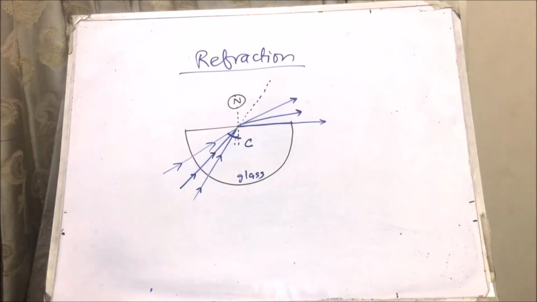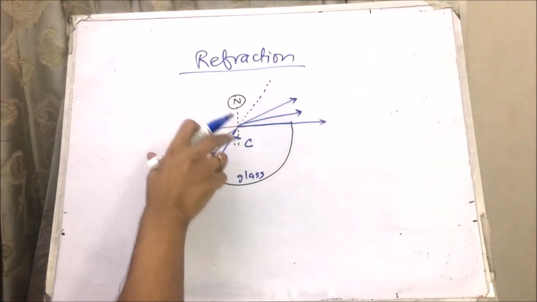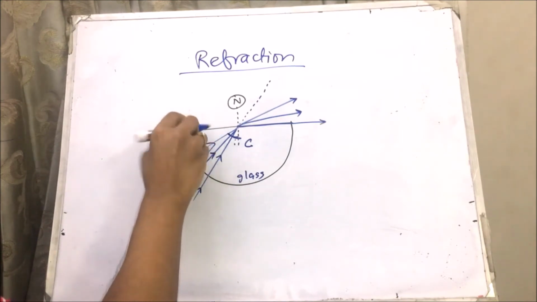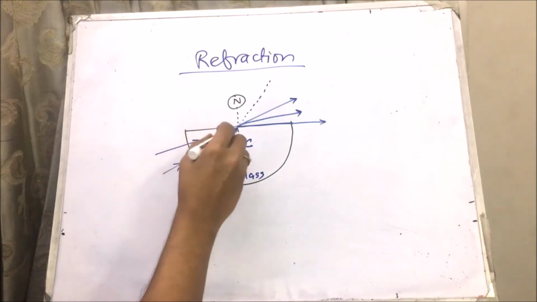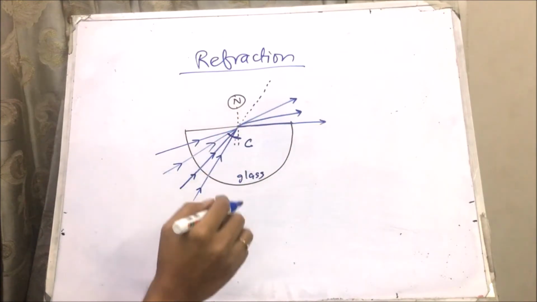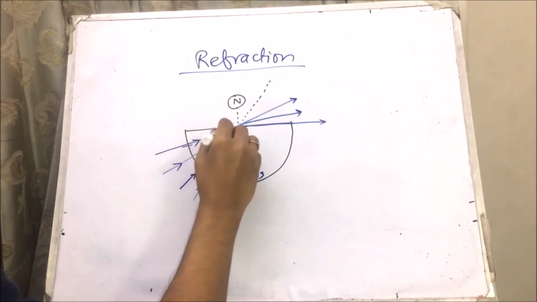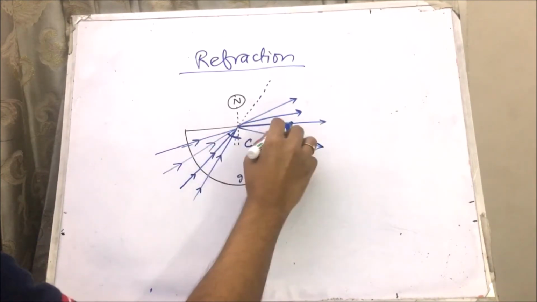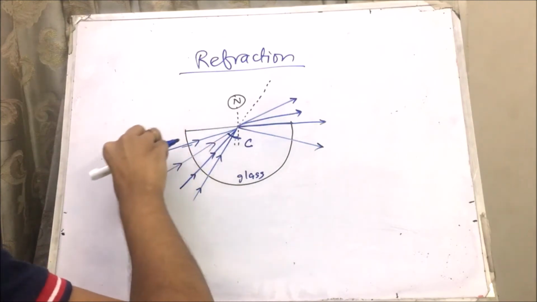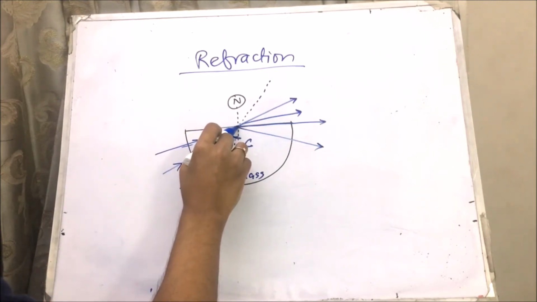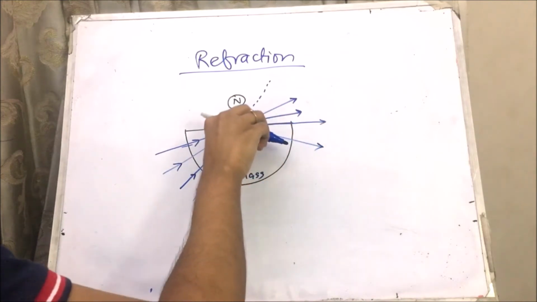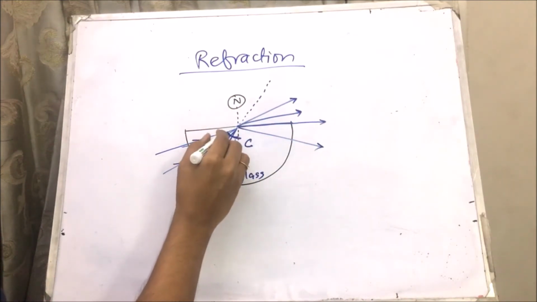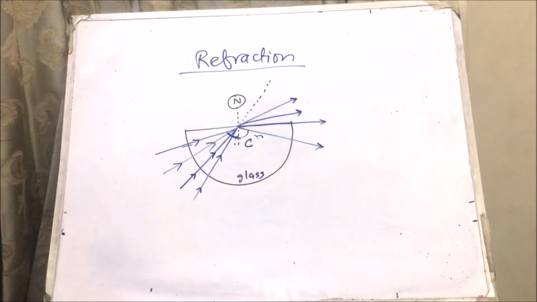And something even more interesting happens if you increase your angle of incidence beyond the critical angle. If you incident your light at a greater angle, something like this, then the light doesn't even exit this glass boundary. The light simply goes like this, reflects here, and travels back like this. See, it didn't even escape this boundary. The light entered here, got reflected over here, and then got reflected and went away from the glass through this boundary. Here, the angle of incidence and the angle of reflection are same.